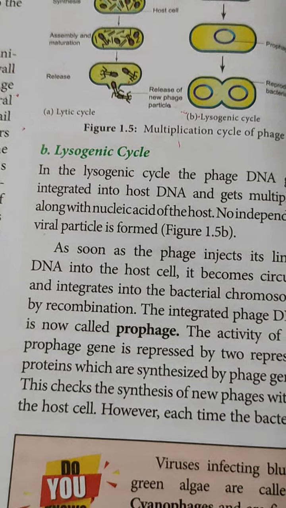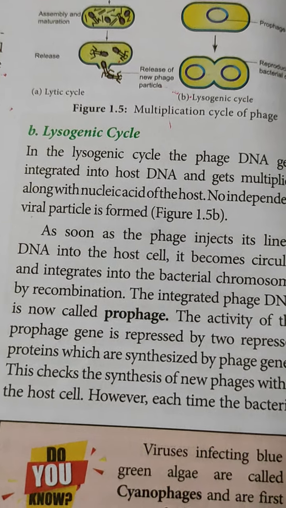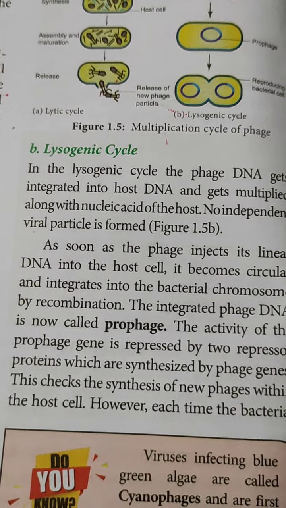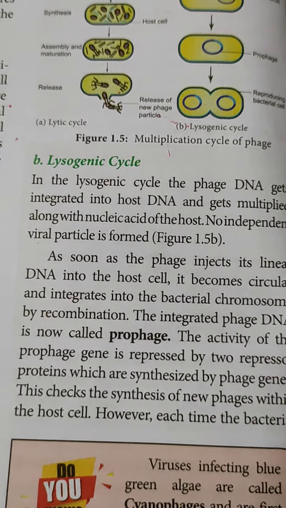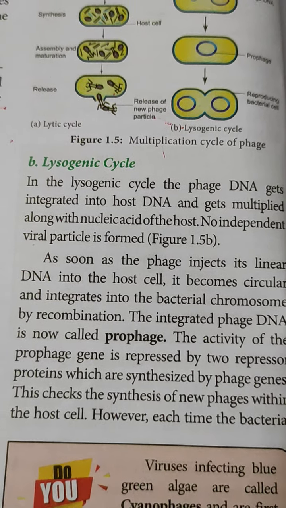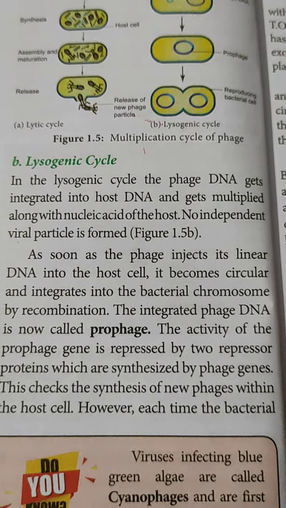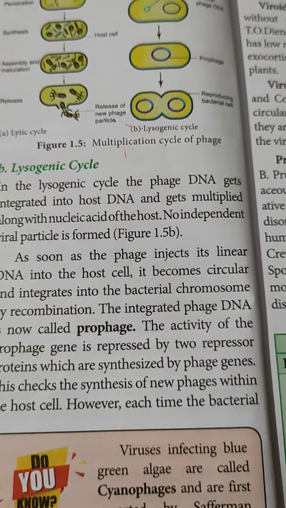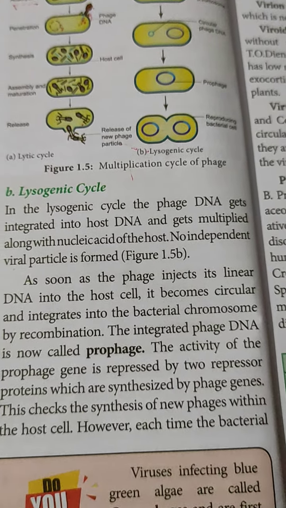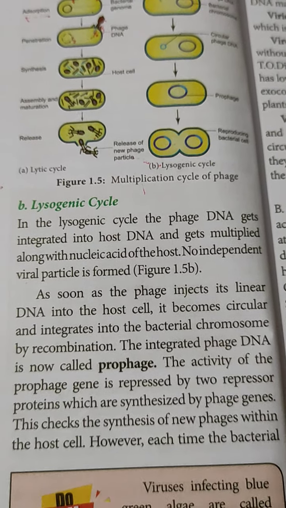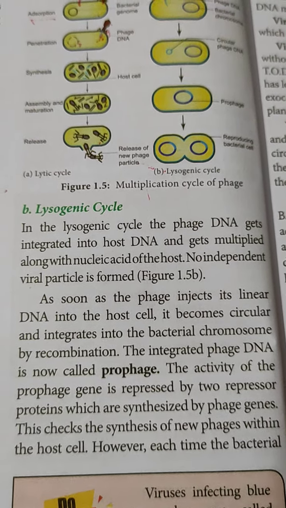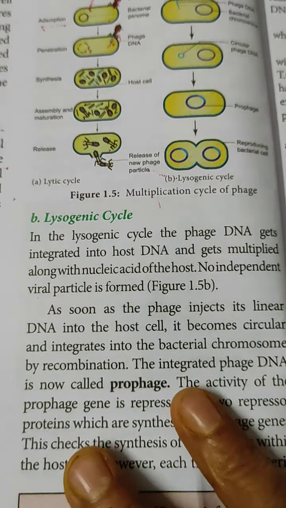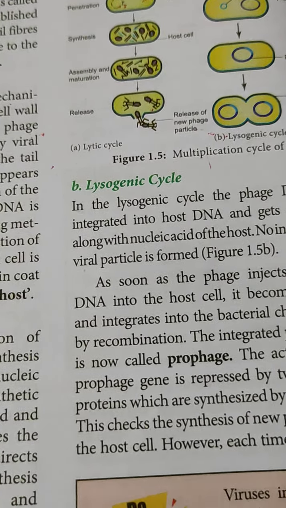In the lysogenic cycle, what is the avirulent stage? Avirulent means that due to the infection by this bacteriophage, the host cell will not be destroyed. Instead, the phage nucleus will enter the bacterial cell, and along with the bacterial cell, the phage nucleus also shows its function. Both are combined together and perform the function together. That phase is called the lysogenic phase.